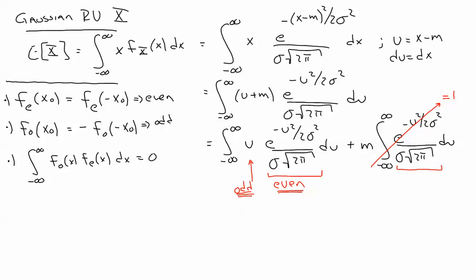I'm spending some time on this because from time to time through the rest of the semester, we're going to see integrals where we have products of odd functions times even functions. Instead of doing all the math, we can just say the integral of an odd function times an even function is exactly 0, and move on. So, proceeding, the first integral, because it's an integral of a product of an odd and even function, is exactly 0, plus m times 1,